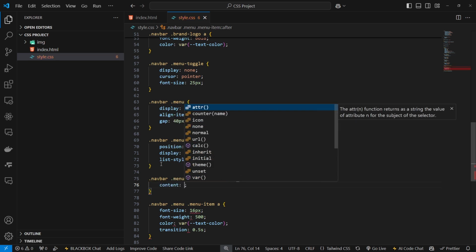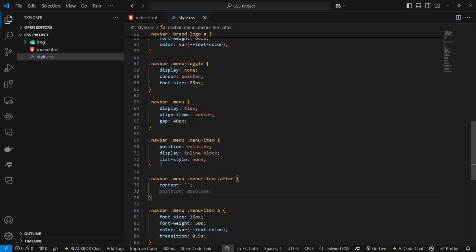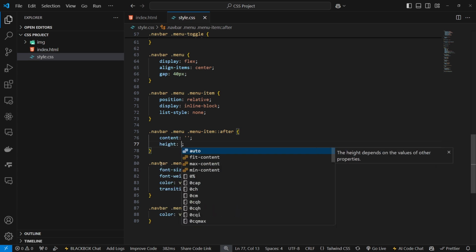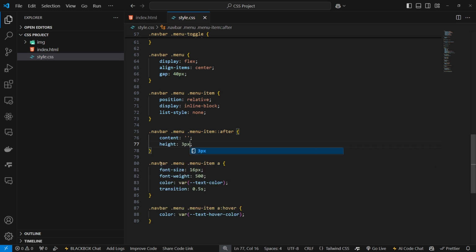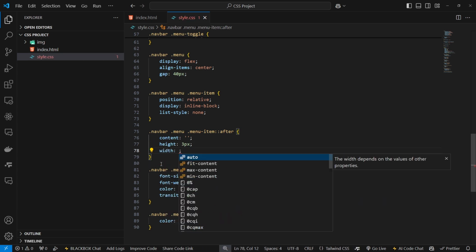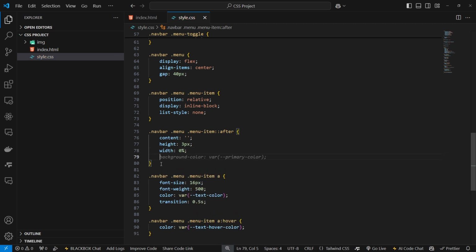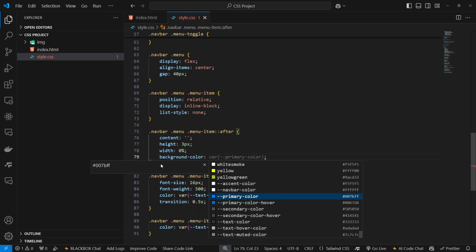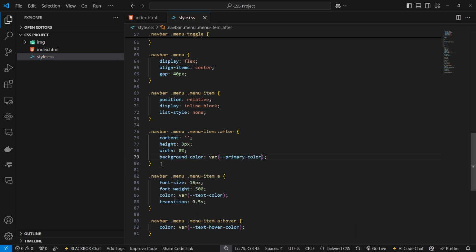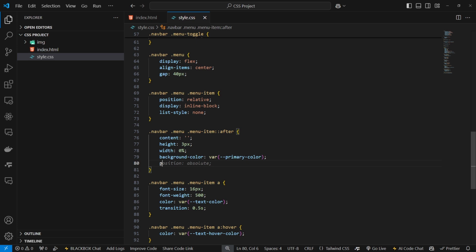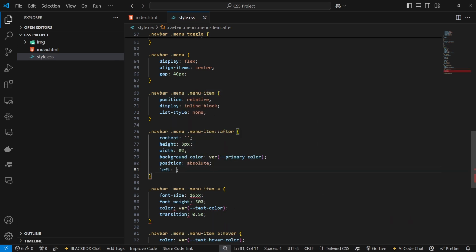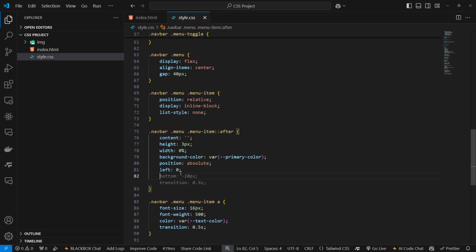We want a content of just blank, then a height of 3 pixels for the line, then for now a width of 0% because by default we don't want to show the line, then a background color of primary color, so that blue, then a position of absolute, then left 0. We want it to be at the bottom, so bottom minus 10 pixels,